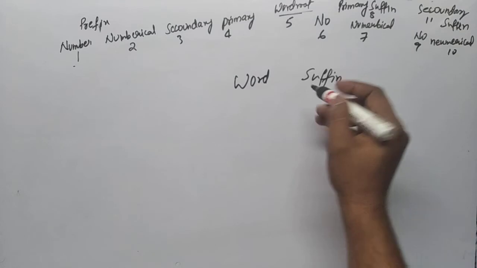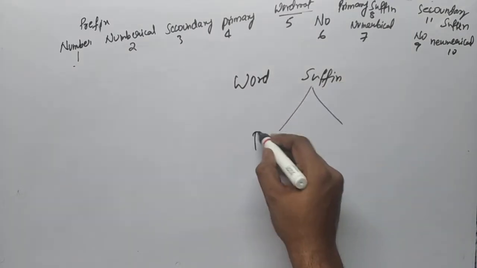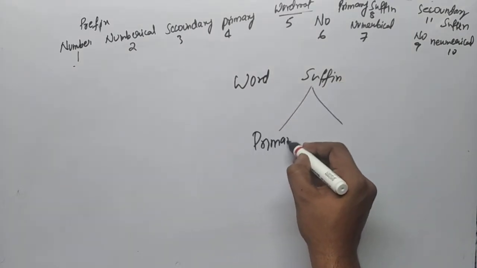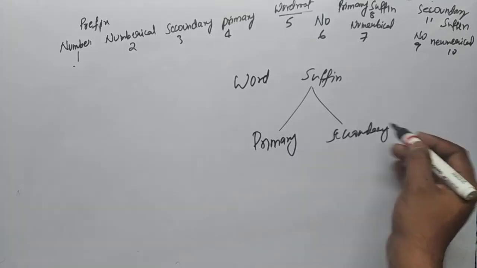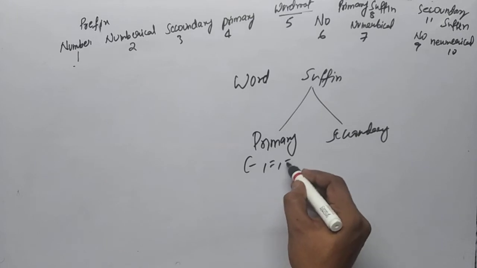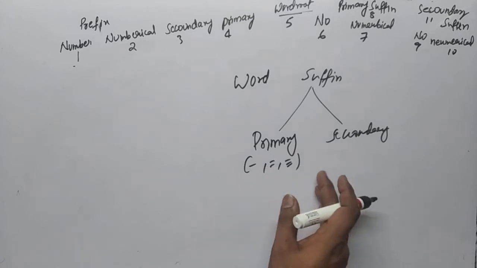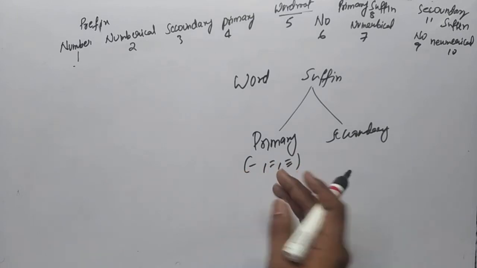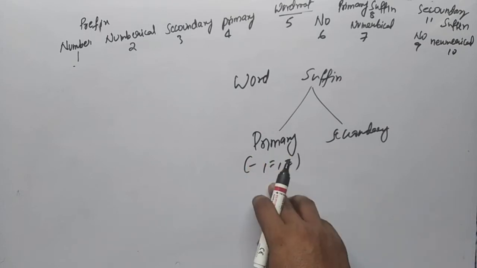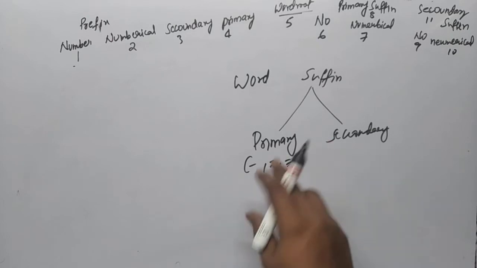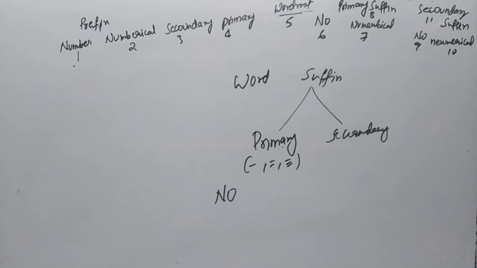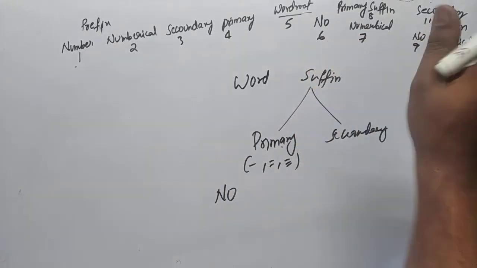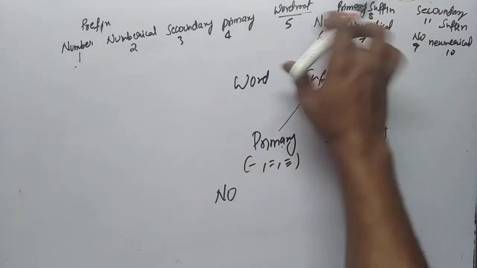Again, suffixes are of 2 types: primary and secondary. The primary suffix tells you about the bond: single, double, triple. Where the bond is placed, at which carbon the bond is present, you have to write that. Whenever you are writing a primary suffix, first you give preference to number, then numerical, then the primary suffix.